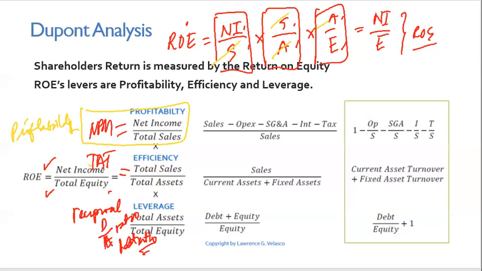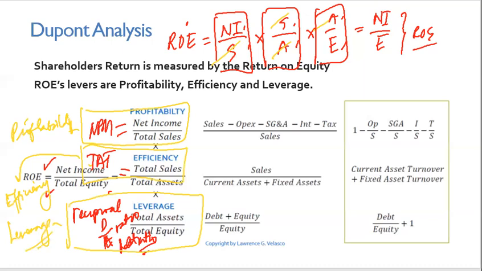Second measure natin, total asset turnover. Actually, related yan sa efficiency of a company. Yung third natin is reciprocal ng debt ratio. Actually, related yan sa leverage of a company. So if you want to improve ROE, what are your levers? You have to improve profitability, improve efficiency, and